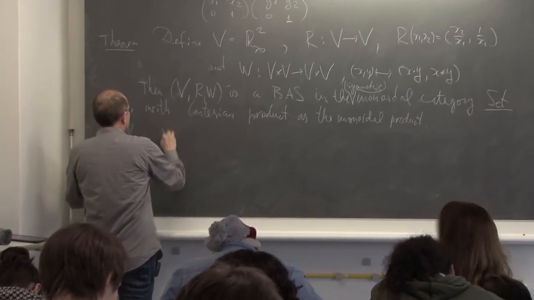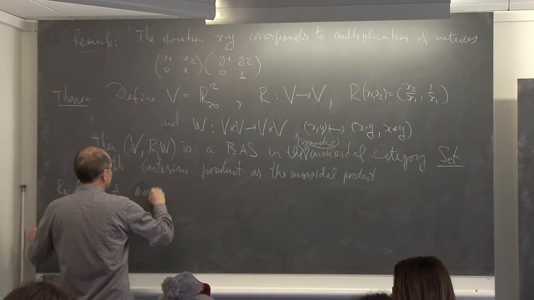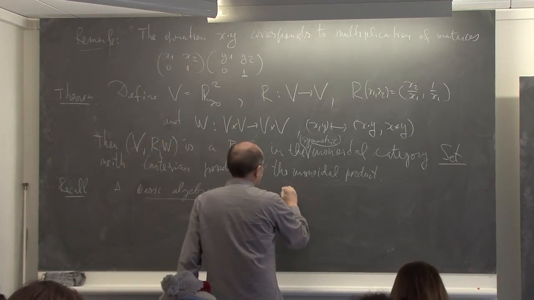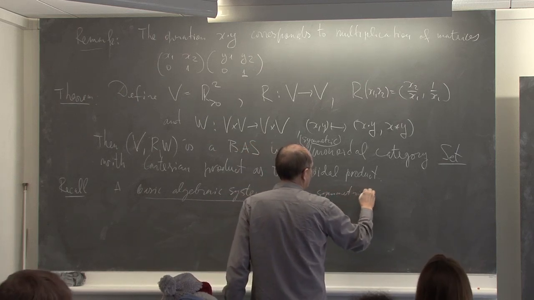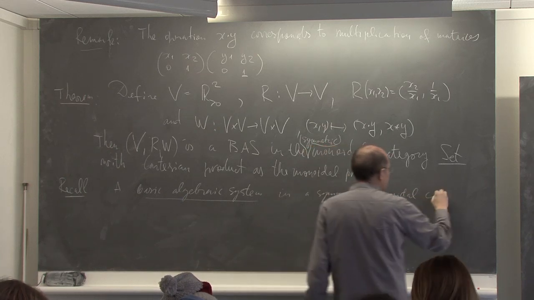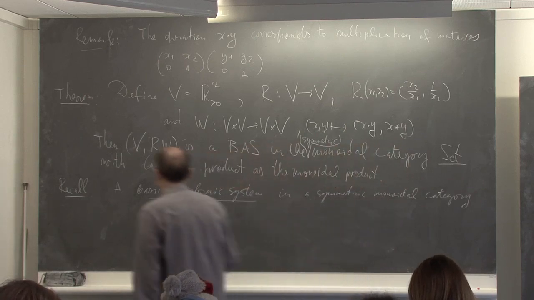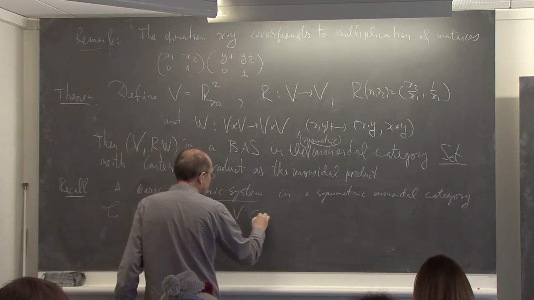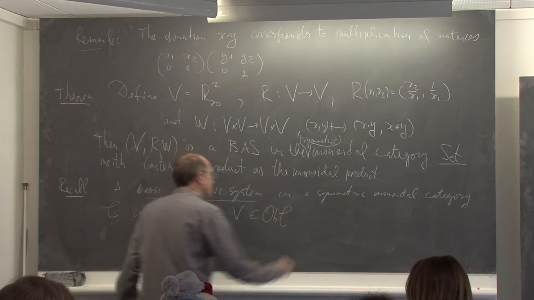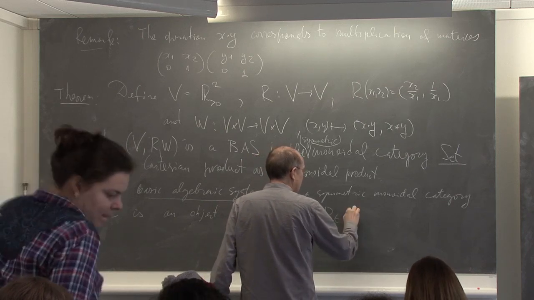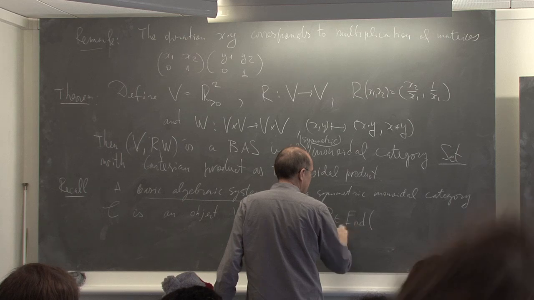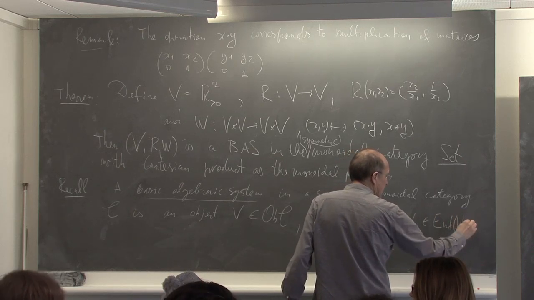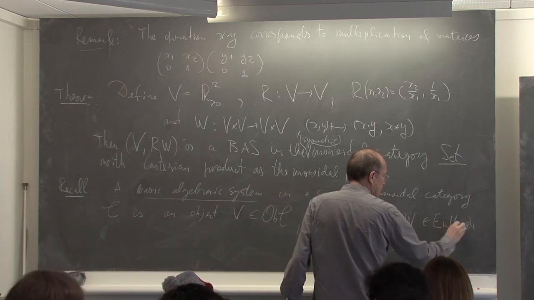Recall a basic algebraic system in a symmetric monoidal category C is an object V in C, a morphism R in the endomorphism set of V, W in the endomorphism set of V tensor V,